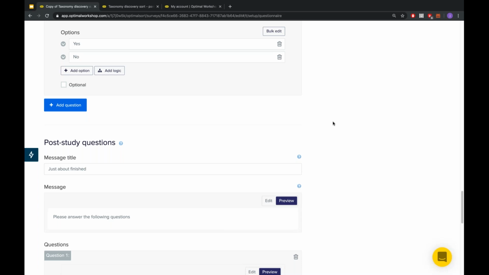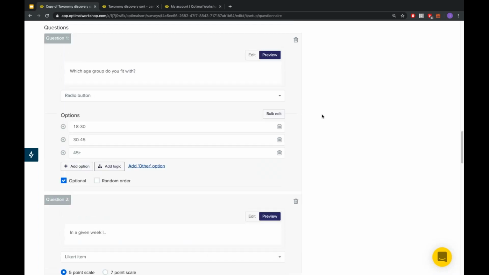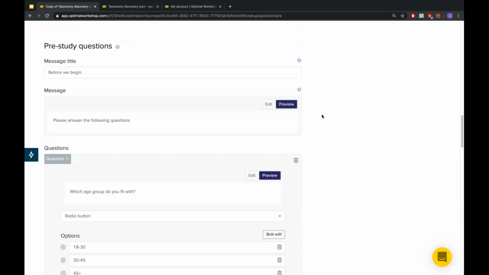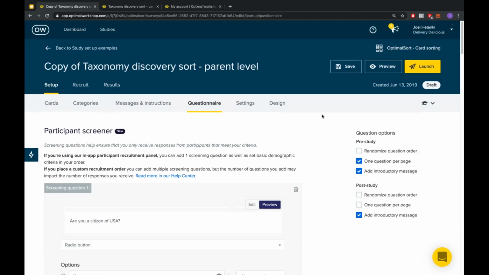And then the post-study questions, I'm sure you probably guessed it, will turn up after the card sort is completed. And it's a great time to dig further into anything that might require the context of what's provided in the card sort, or even drill down about how easy or difficult the process of completing the card sort was for the participant as well. So this is going to allow you to explore, like what Dan was mentioning, the why, maybe not in the same visual way where you get to talk to the participants. The card sort information will give you the what, and the questionnaire information can help you dig a little bit deeper into further things you'd like to explore inside of that study.